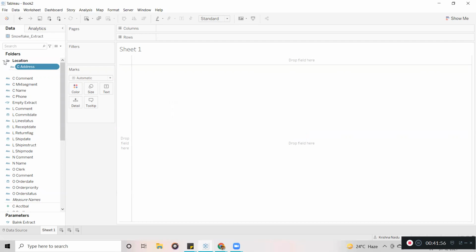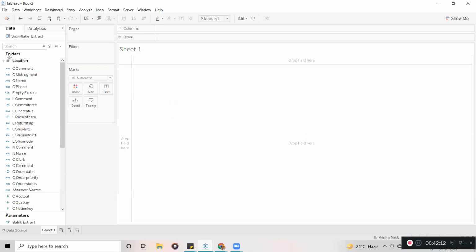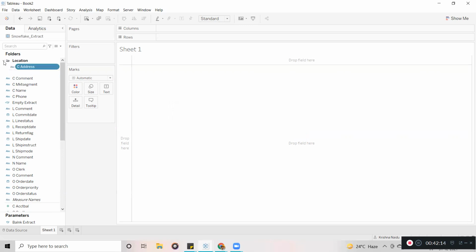That's why people create different folders to organize the data: movies one folder, study material one folder, useful information and certificates one folder, and so on. The same way in Tableau also, you can organize the data by creating folders.